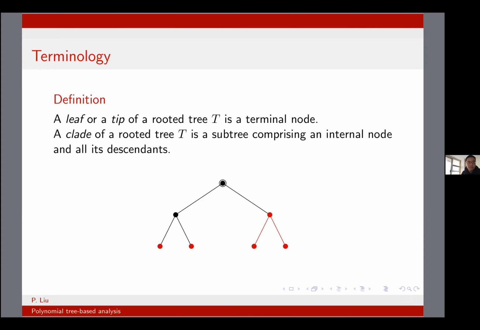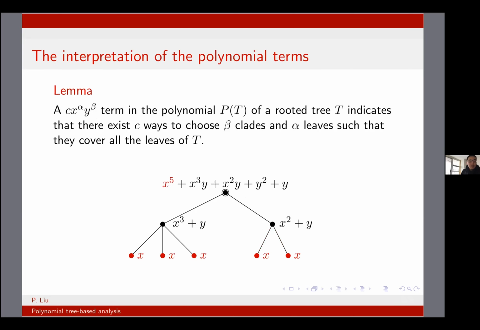And a clade is a rooted tree that is a subtree comprising an internal node and all its descendants. So basically, we just pick one internal node and include all its descendants. That subtree is called a clade. All right. So some properties about this polynomial is that